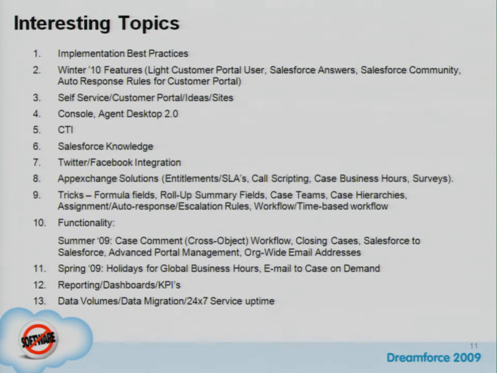Go ahead. Just one more point I wanted to make on that. A difference between knowledge and solutions in the customer portal: knowledge actually uses this new concept called dimensions, or I should call it data categories now. So if you've got a knowledge base with, let's say, 2,000 articles, what dimensions do is pre-filter it, before you even do the search, to the part of the knowledge base that's relevant to the customer, right?